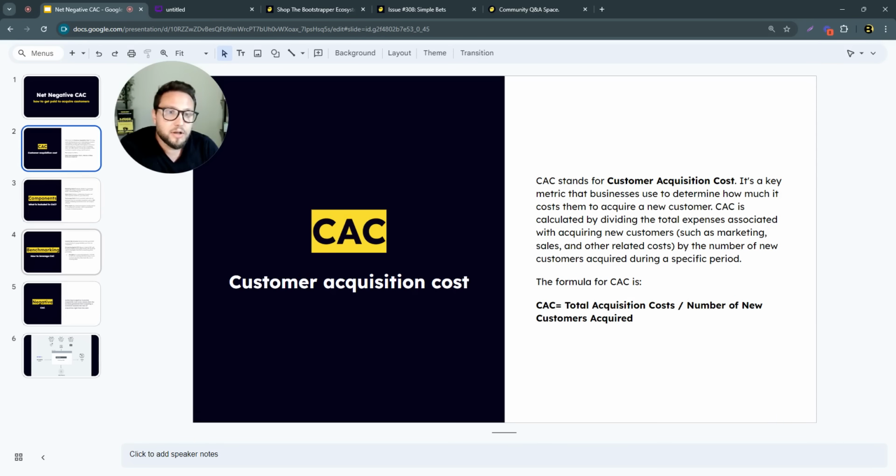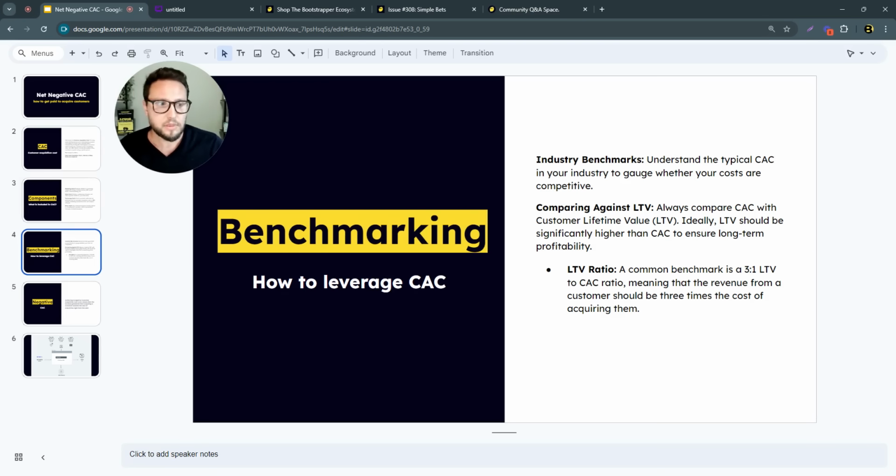And then remember, you're going to divide that out by the number of new customers acquired. And what that is going to show you is how much it's actually costing you to acquire new business, right? To generate revenue inside of your business. How much does it cost you to put $1 of new profit in your pocket? And you really want to understand these because you want to get to the unit economics of your business so you can make better decisions in terms of building a better business, right?